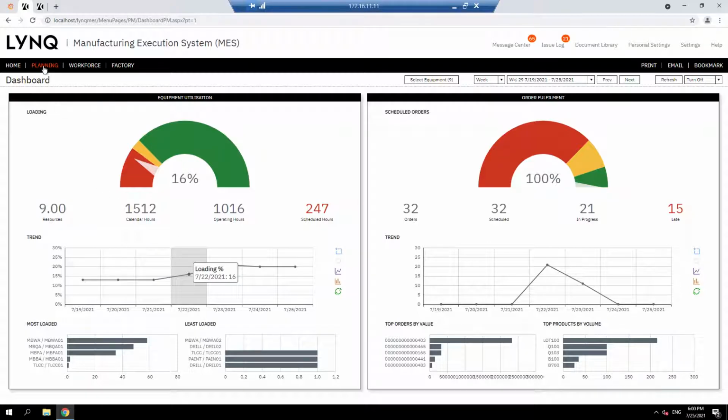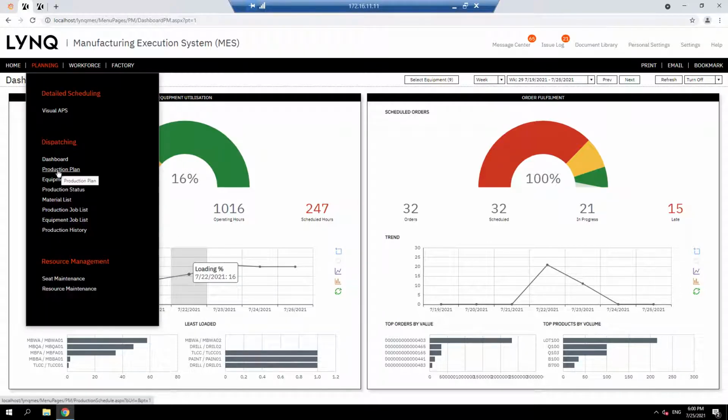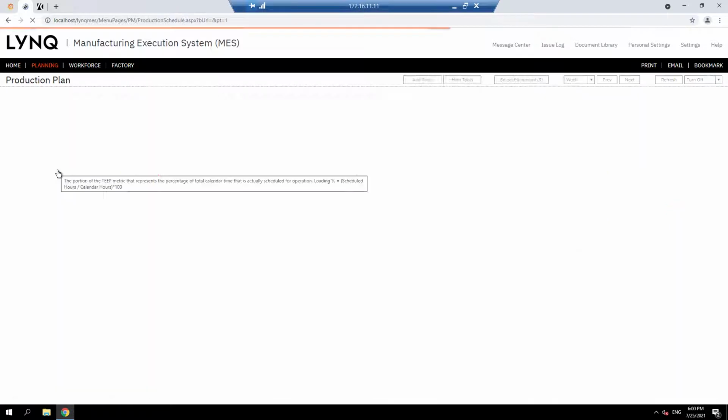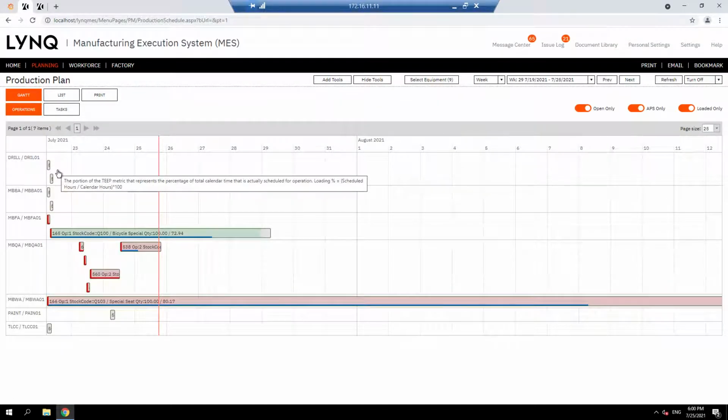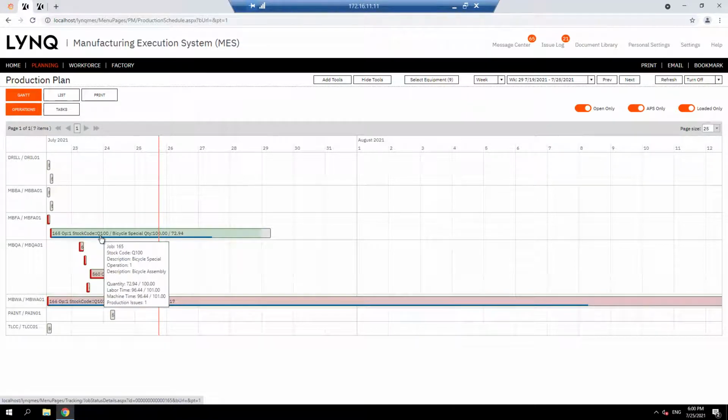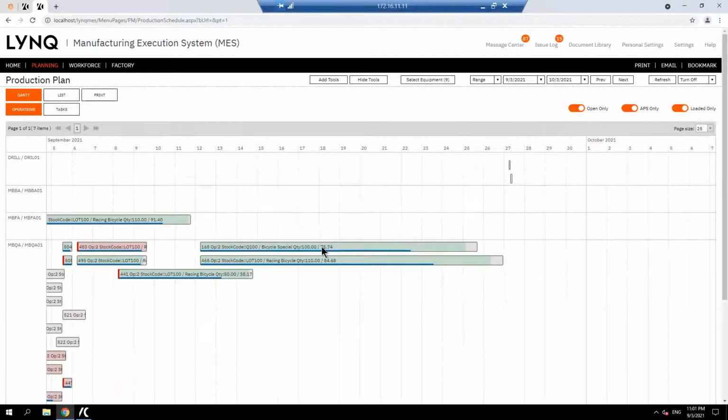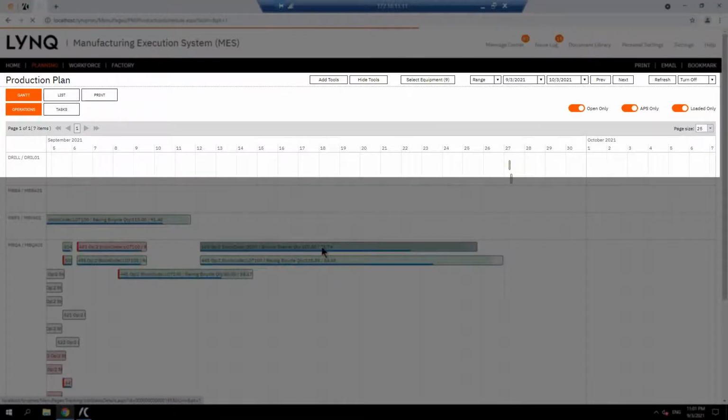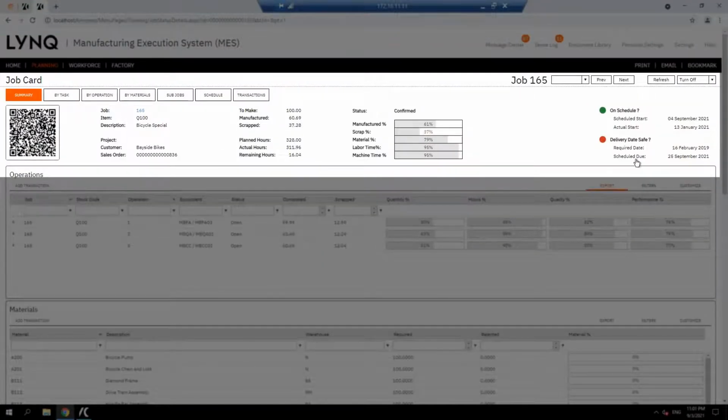And now we're going to go to the online production plan. This is dynamic, it's displaying live activity from the shop floor, so actual execution as it happens. Now we're going to drill into the work order, and this is going to bring up a job card which is going to show you whether the work order is on schedule and the delivery date is safe, amongst lots of other information relating to the job, such as the customer, the sales order number,